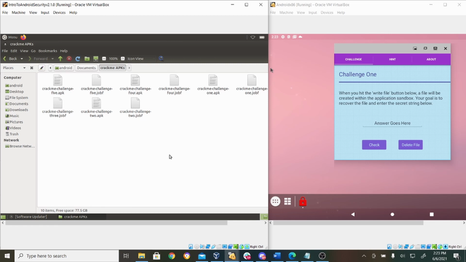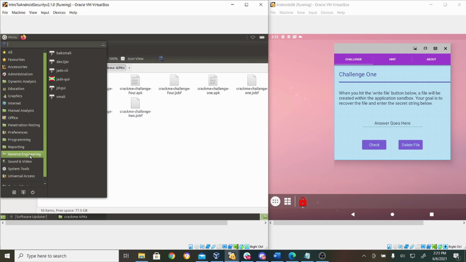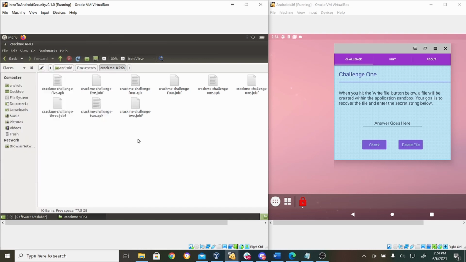So what we're going to do, we're going to go to Menu, Reverse Engineering. There's a folder that's Reverse Engineering. And here, as you can see, we have a few things: Smali, Dex to Jar, JADX CLI, which is command line interface, JADX GUI, which is the graphical user interface, JD GUI, and Smali. I'm going to use the JADX GUI, and what that is going to do is it's